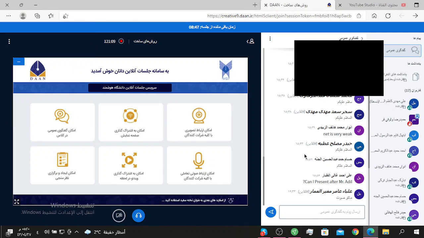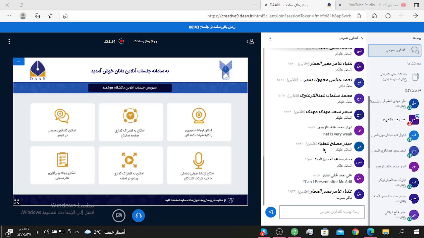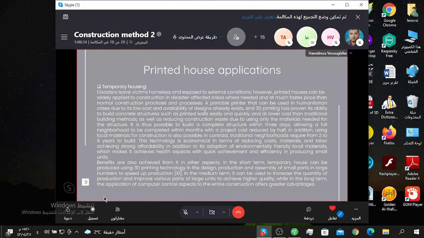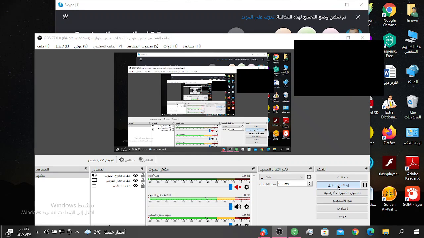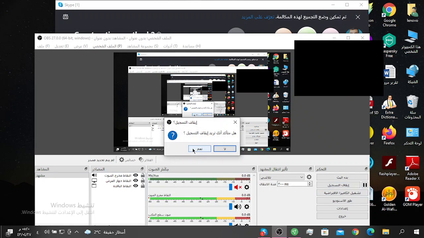In the short term, temporary houses can be produced using 3D printing technology in the design, production, and assembly of small parts in large numbers to speed up production. In the medium term, it can be used to increase the quantity of production and improve various parts of large units to achieve higher quality. While in the long term, the application of the computer control aspect to the